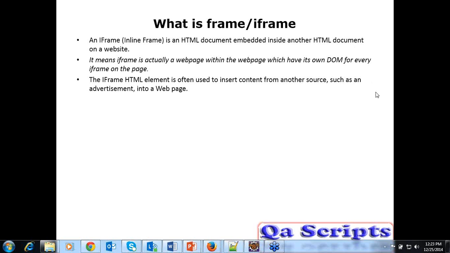So those kinds of advertisements, images as well as photos are going to be taken from another location. To do that, the developer will use an iframe tag, and inside the iframe tag they will call that image or advertisement photos from the location. So that works as a separate window apart from the main web page or main window.